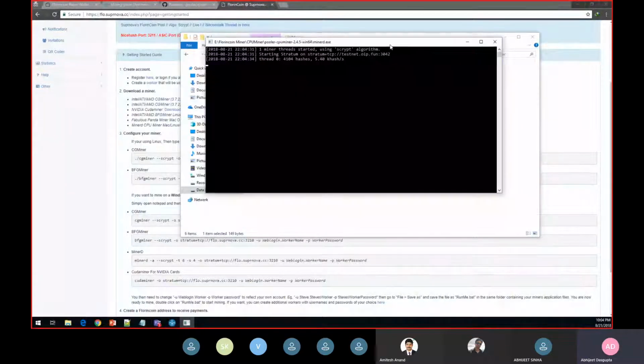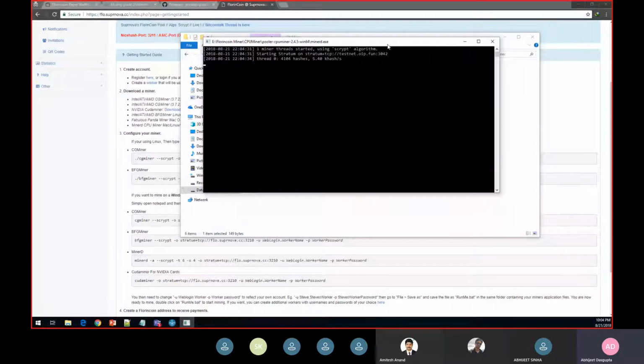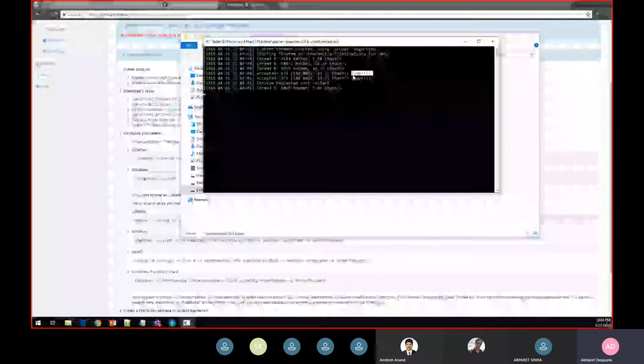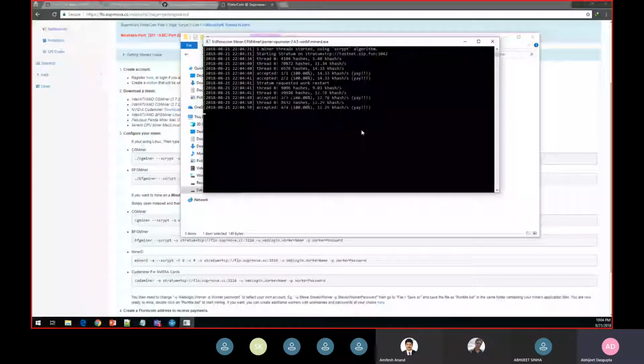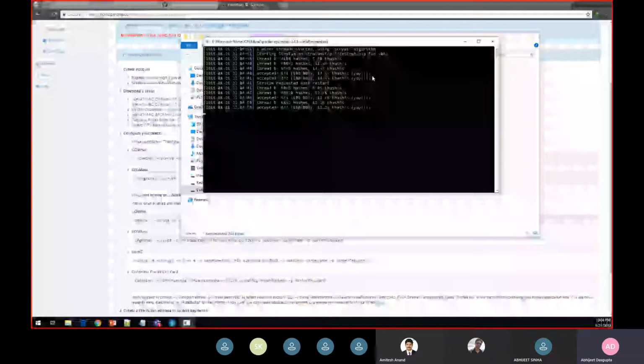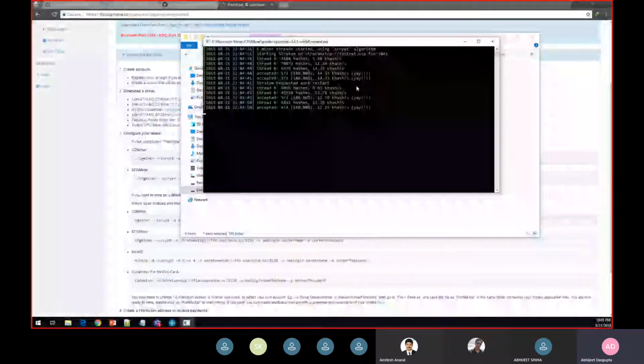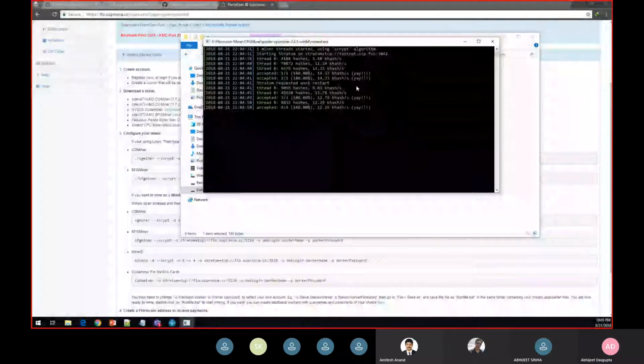And if you see here also, we are not generating a lot of hash, but even with these low hashes, you can see these screens saying yay. What this means is, whenever this says yay, it means that we have solved a problem, and we have actually cracked a block for ourselves. And what it is doing is, it is actually mining those blocks, and we are getting the rewards for those particular blocks that we are mining.